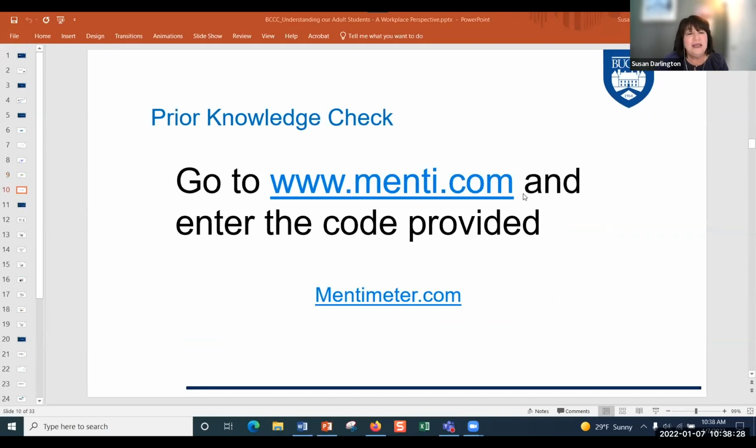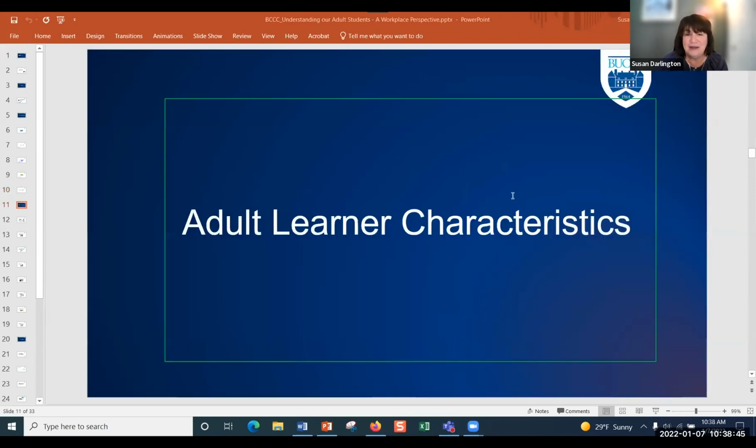So that was going to be a prior knowledge check on adult learners and what we know about them, but maybe we'll try that later. I'd like to see if most people haven't looked at Mentimeter or have used it. It's kind of a neat game that I'd like you to at least see. So if we have time at the end, we'll try it.